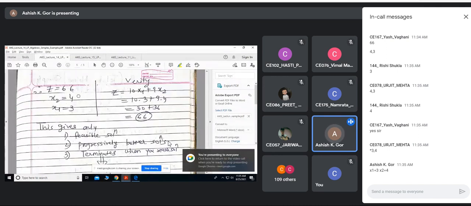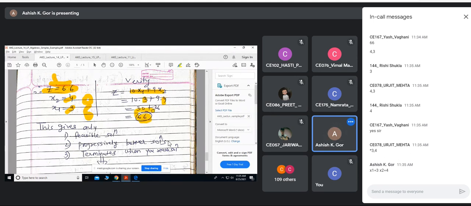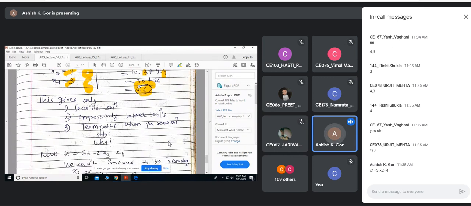Now you see, from iteration 2 I get an improvement, because in iteration 2 I got the value 60, with x1 was 6, x2 was 0. Now I get 3, 4, and I got the optimal objective value 66. You can verify that: 10x1 plus 9x2, you put x1 equal to 3, x2 equal to 4, I get 66. So this is also feasible.